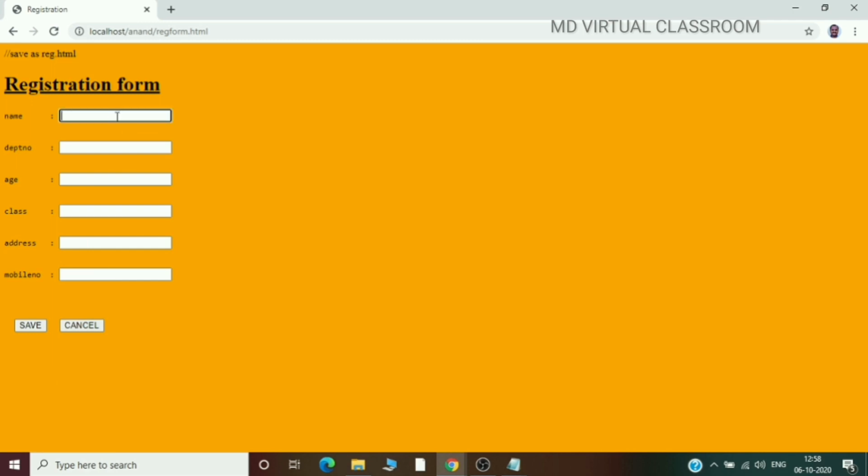I am providing the details: name Ramesh, department number 18-UCS-001, age 18, class 3rd BSc, address Rayapuram, mobile number. Click save. Registration details stored in the table.